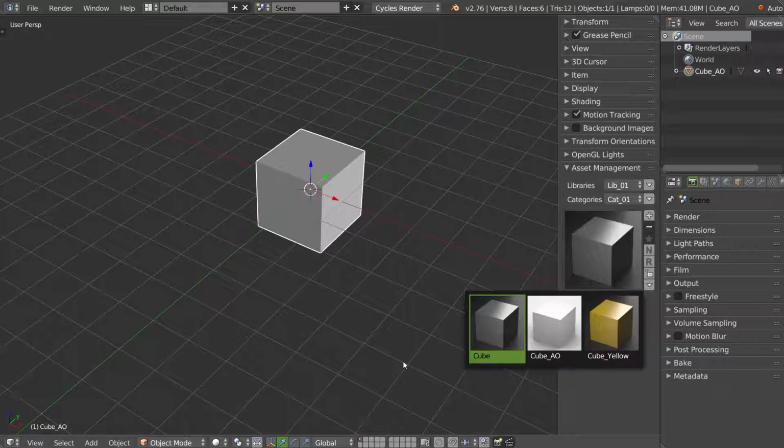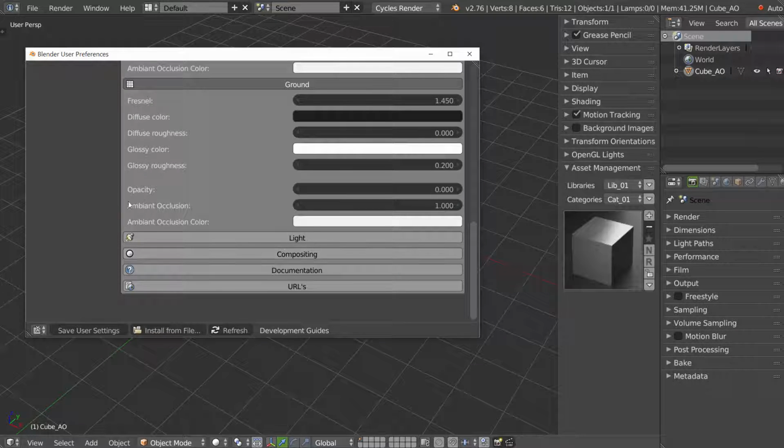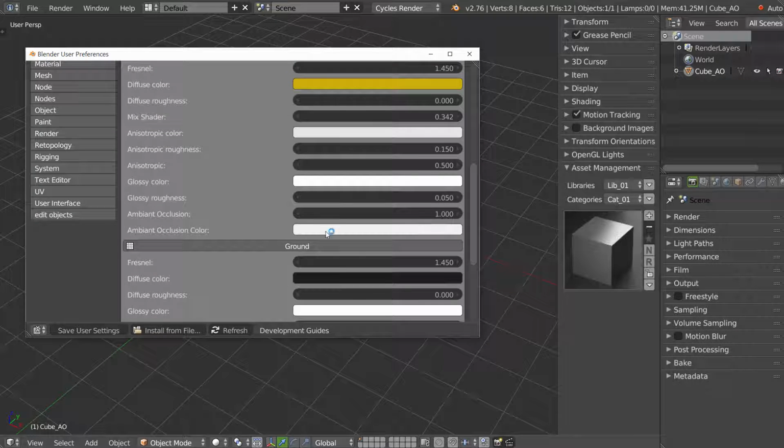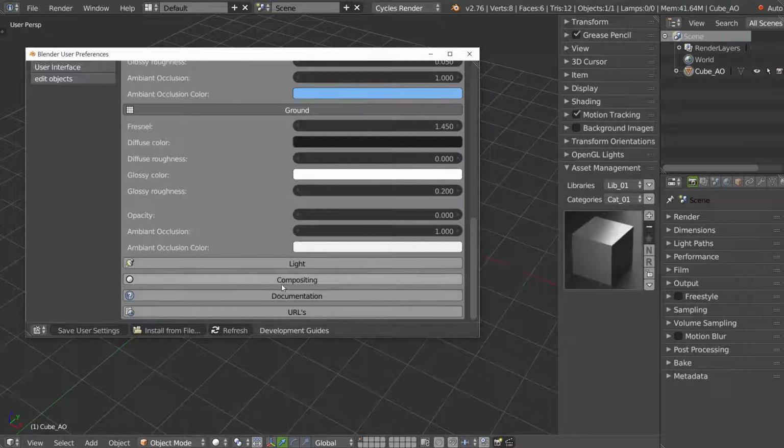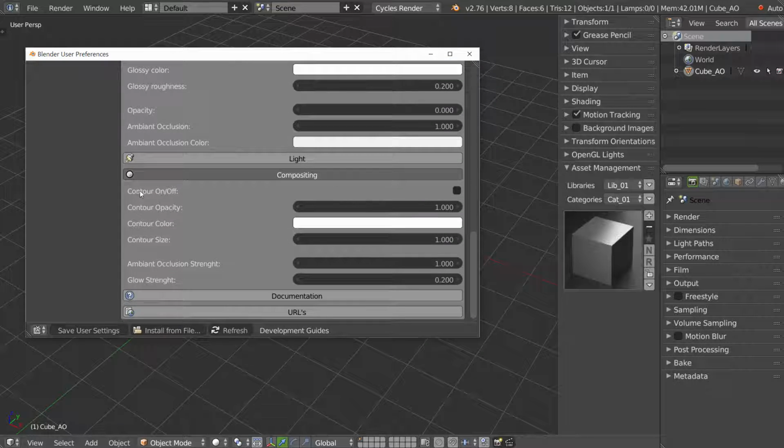I can hide the ground. I can change the color of the ambient occlusion. For example, we will put this blue, why not? And in the compositing, I will add a contour. I can change the opacity, I will change the color, and the size.